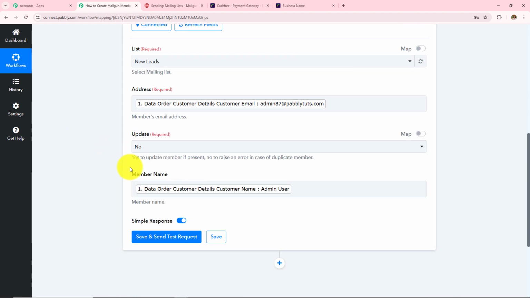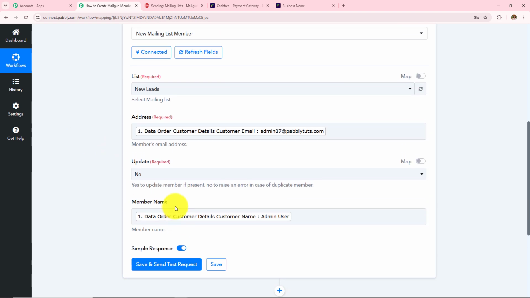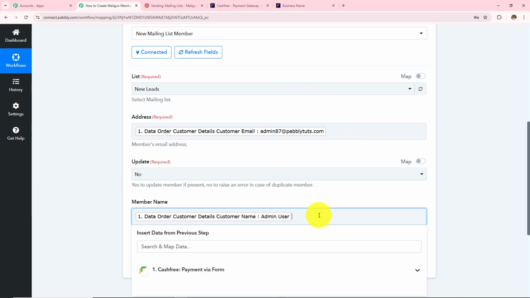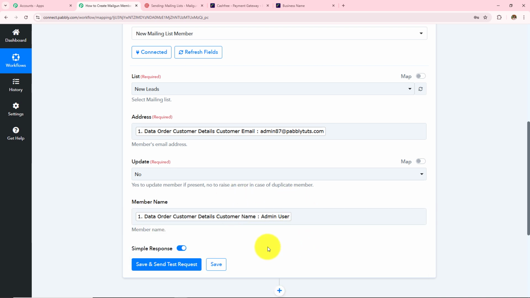Now over here, mapping is important so that every time you receive a new response, it is taken into consideration in these fields. Manually entering the data will make these fields static, and the information will not change even if you have received the new response. If I manually enter any detail, this field will become static, and every time I receive a new response, the result will not change. So as to keep these fields dynamic, we use this process mapping instead of manually entering the details.